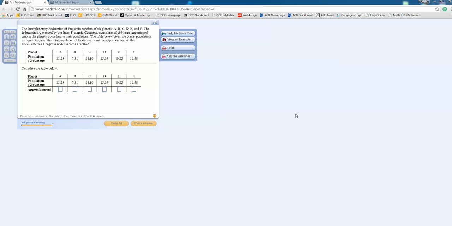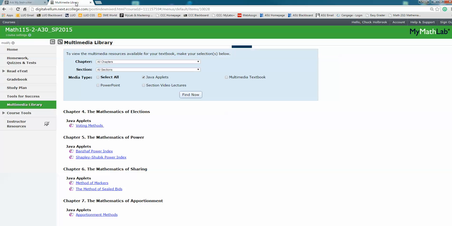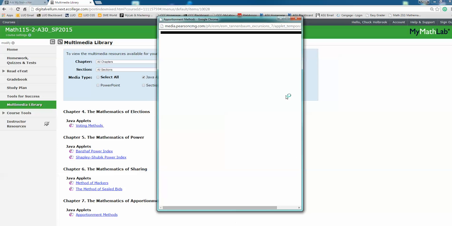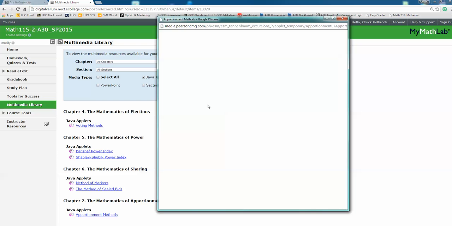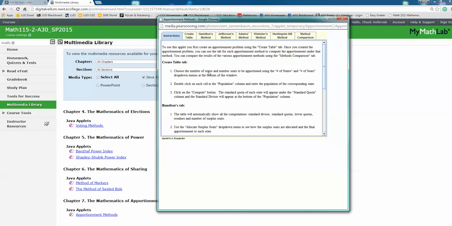There are applets contained within MyMathLab that will help you with that. In fact, if you left click on the Multimedia Library, check the Java applets checkbox and click Find Now, you can left click apportionment methods and this Java window will pop up. You need to make sure that Java is fully enabled on your computer,